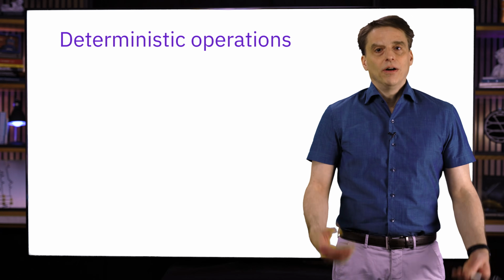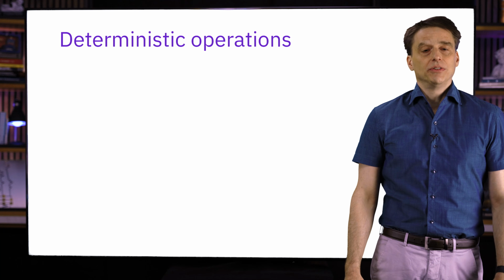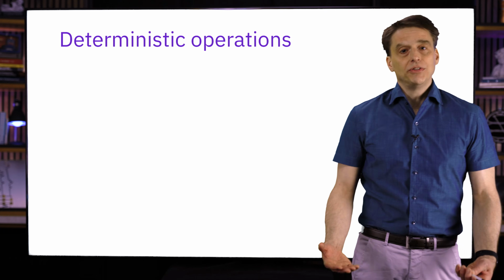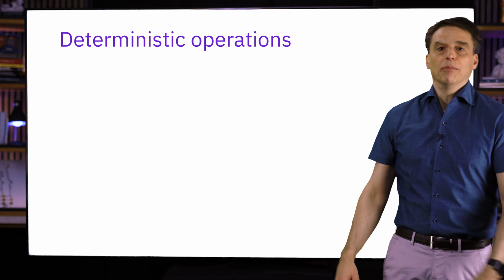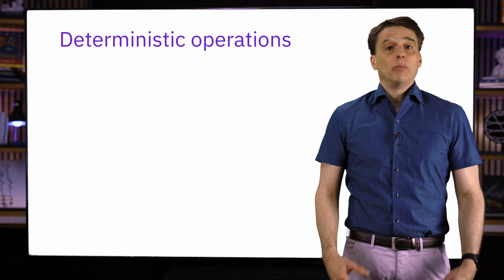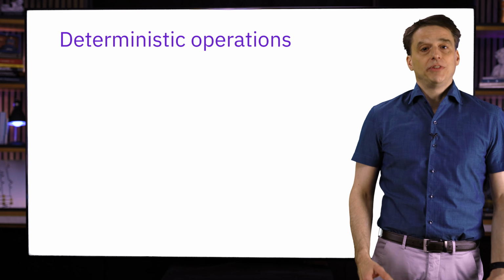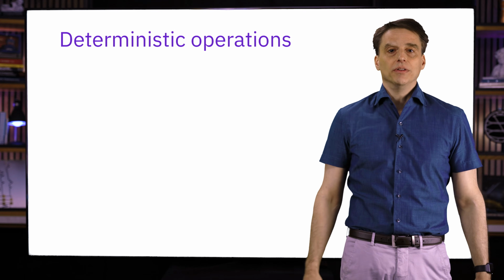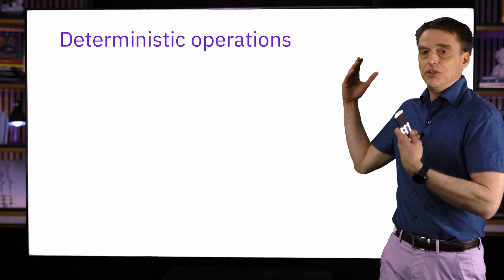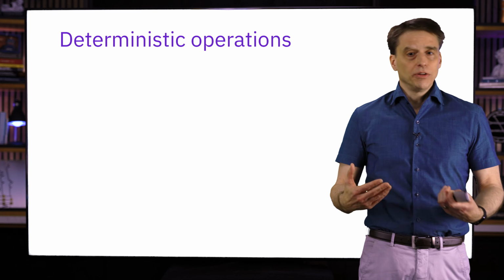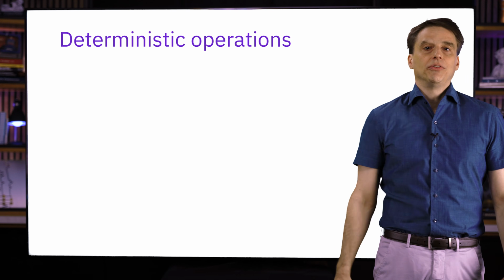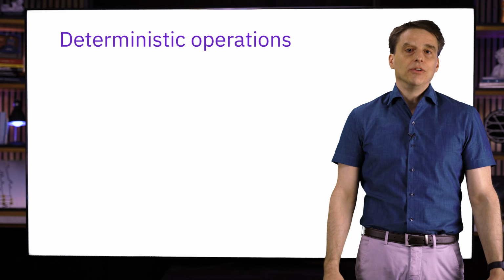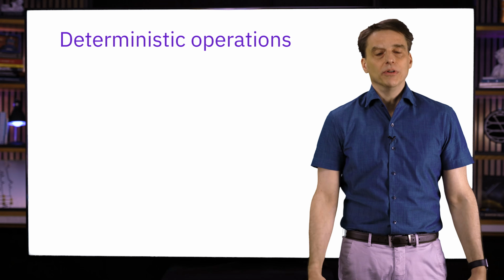In the last part of this discussion of classical information, we'll talk about classical operations that can be performed on a system, starting with deterministic operations. When we perform an operation on a system, its state generally changes as a result. And in this context, the word deterministic means that the result of performing the operation depends entirely on whatever classical state the system was in prior to the operation being performed.